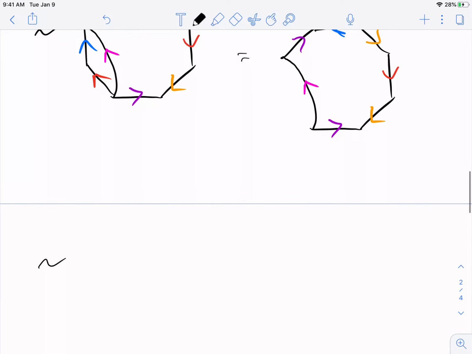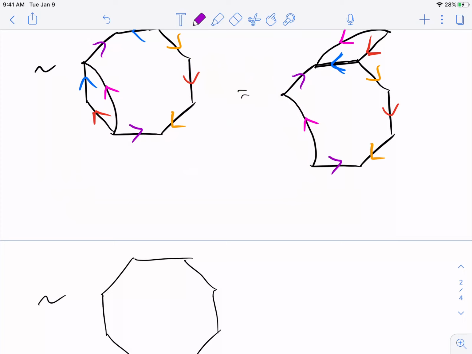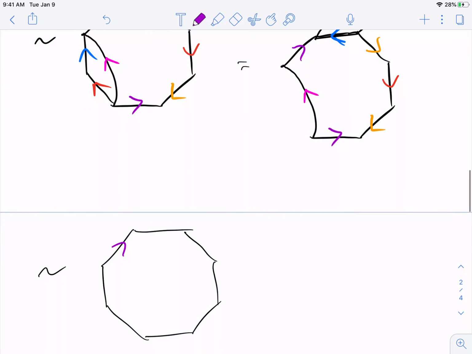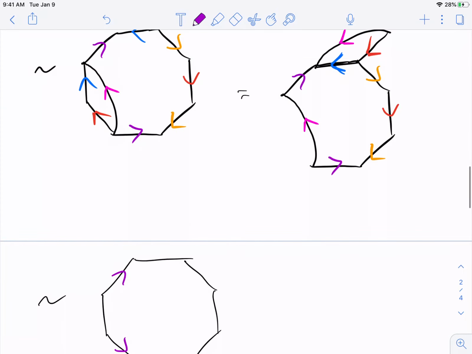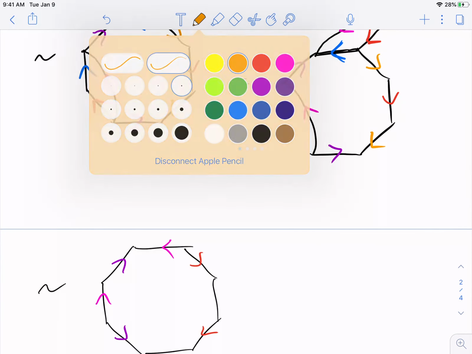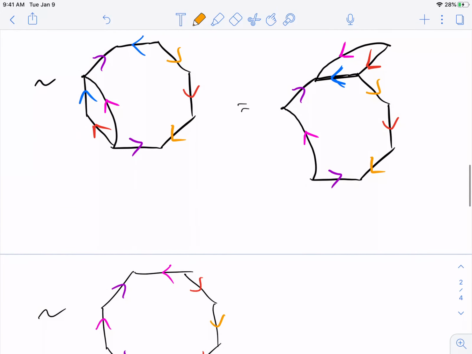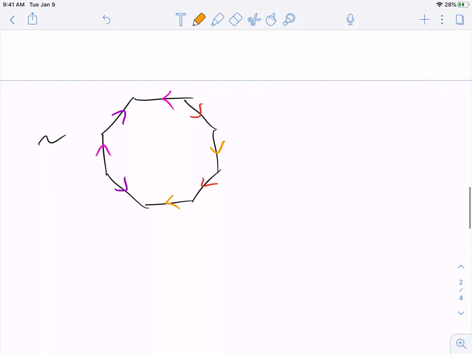So this gets stretched to a regular octagon. The purples are being glued with no twist. The pinks are being glued with no twist. And then I've got the reds both being glued with a twist, and the oranges both being glued with a twist. So this is my new picture. Okay, and